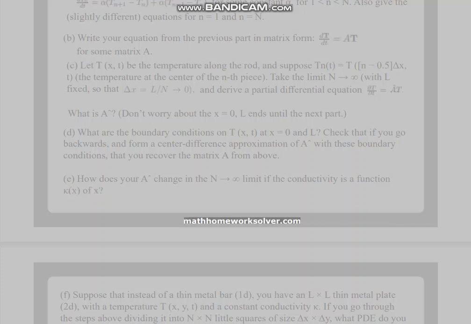f. Suppose that instead of a thin metal bar (1D), you have an L times L thin metal plate (2D), with a temperature T(x,y,t) and a constant conductivity kappa. If you go